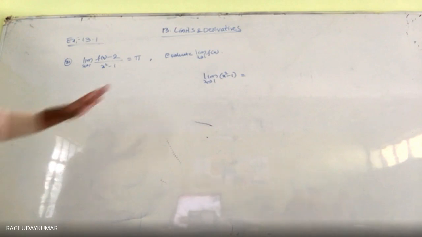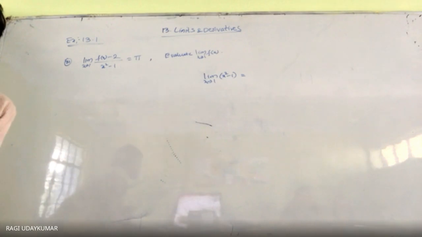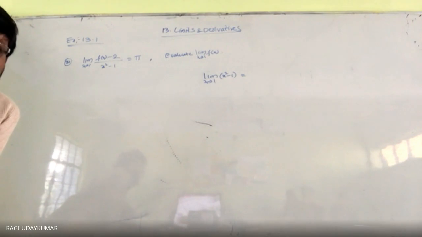You apply the algebra of limits. Take the limit separately in the numerator and denominator, then try it. There is nothing much in this, it is a simple problem, but you feel it is complicated. This question and the next question are both very repeatedly asked questions in exams.